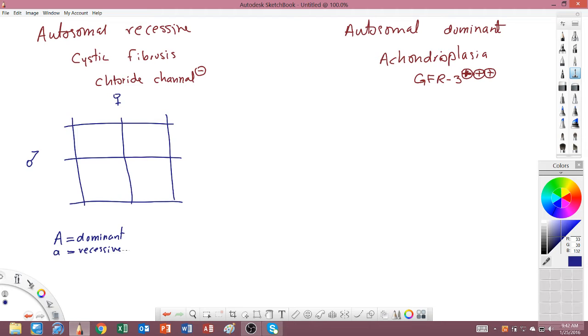In order for this to become a disease, you must have both copies what? In the recessive form, because this is what? A recessive disease. If this is a recessive disease, you must have both copies in the recessive form. Make sense? Okay, if you have one copy recessive, one dominant, there's no disease. The only way recessive diseases will be disease if you get both copies that are defective.